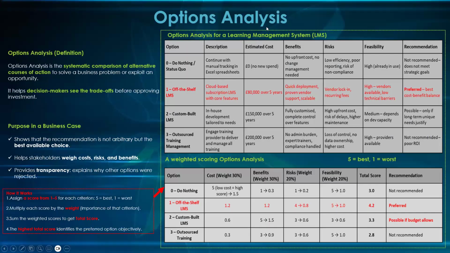Again, this is analyzing options. Those are the things you are going to be doing with your team. Writing a business case is teamwork. It's not just business analyst work. For feasibility studies, you're going to include your technical guys. Everybody's going to come on board to do this analysis. There are different ways you can do analysis. This is one, then this is two. This one, we call weighted scoring.